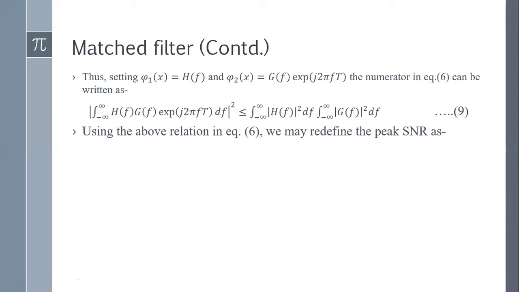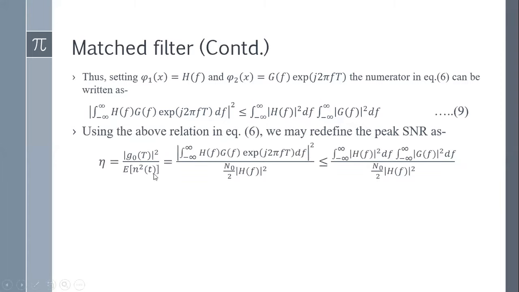Okay. So now I will put this value. Instead of this, I will write this value in the numerator of the signal to noise ratio. So now see, this is the signal to noise ratio, |g(t)| whole square by the expectation. This value came from this. Now I am writing this using this inequality, |H(f)| whole square and |G(f)| whole square. So what happens? H(f) gets cancelled, and we can write this signal to noise ratio as 2 by N0 times the integral of |G(f)| whole square df.